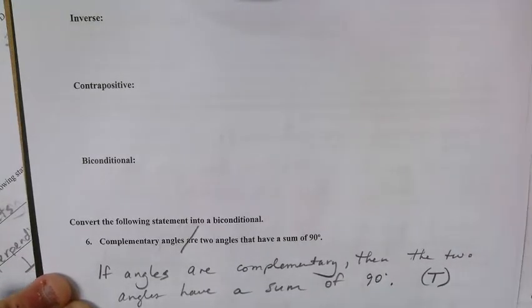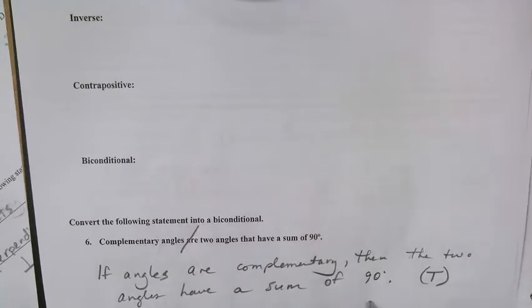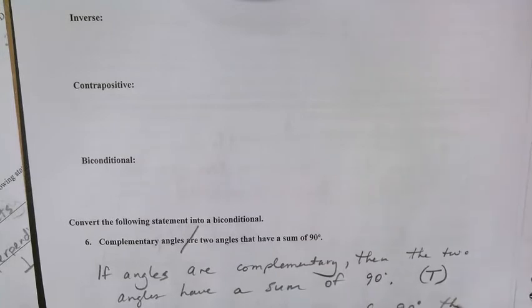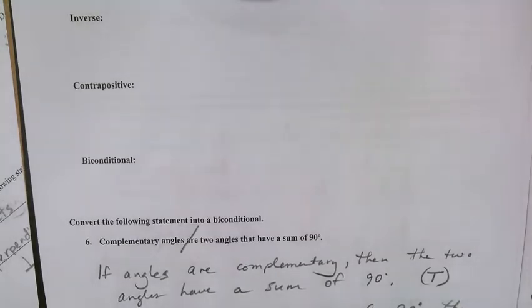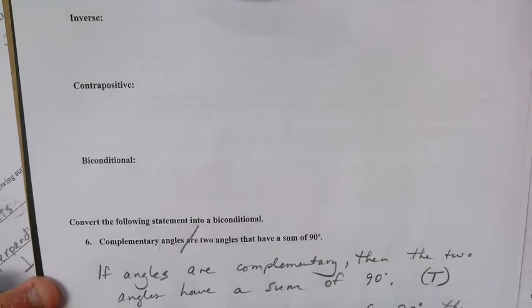The converse, so that would be the conditional. The converse is to flip that. If two angles have a sum of 90 degrees, then they are complementary. Two angles have a sum of 90, then they're complementary. Also true. So, since both of them are true, we can write the biconditional, the conditional and its converse. The biconditional would look like this. Angles are complementary